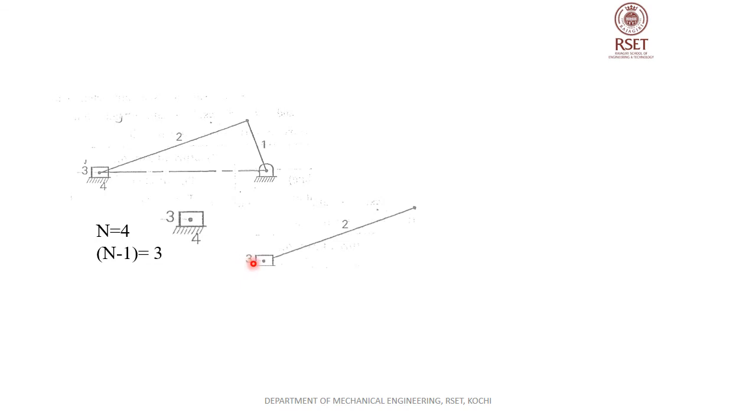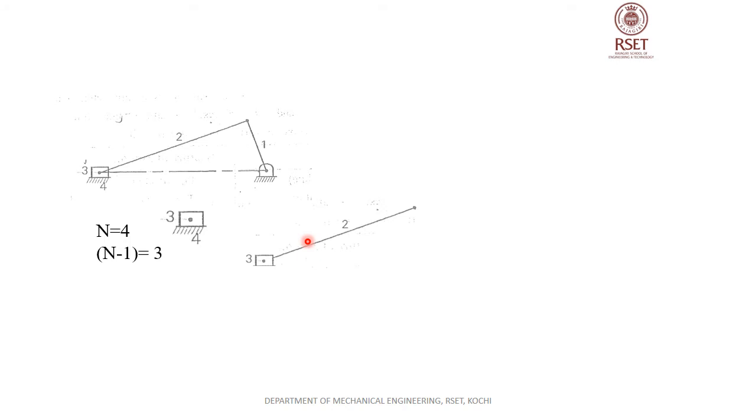And we can say that this 3 is actually hinged with respect to 2. That is, 3 and 2 are connected with the help of a pin. That pin is called the gudgeon pin in case of an IC engine. So 3 and 2 are connected with the help of a pin, and we can have a small tilting motion or an angular motion for piston 3 about the connecting rod. If I fix the connecting rod, I can tilt the piston. A small angular motion is possible for the piston 3 about the connecting rod 2.